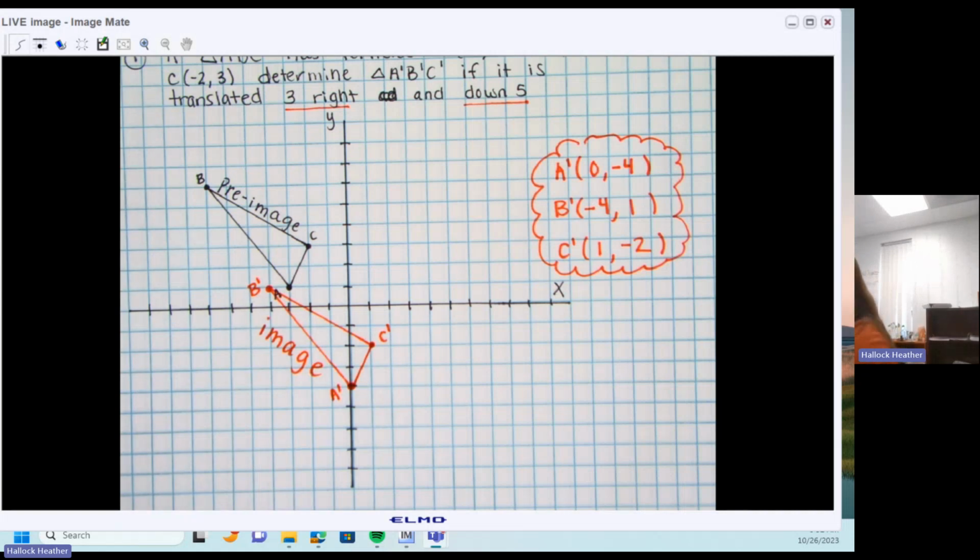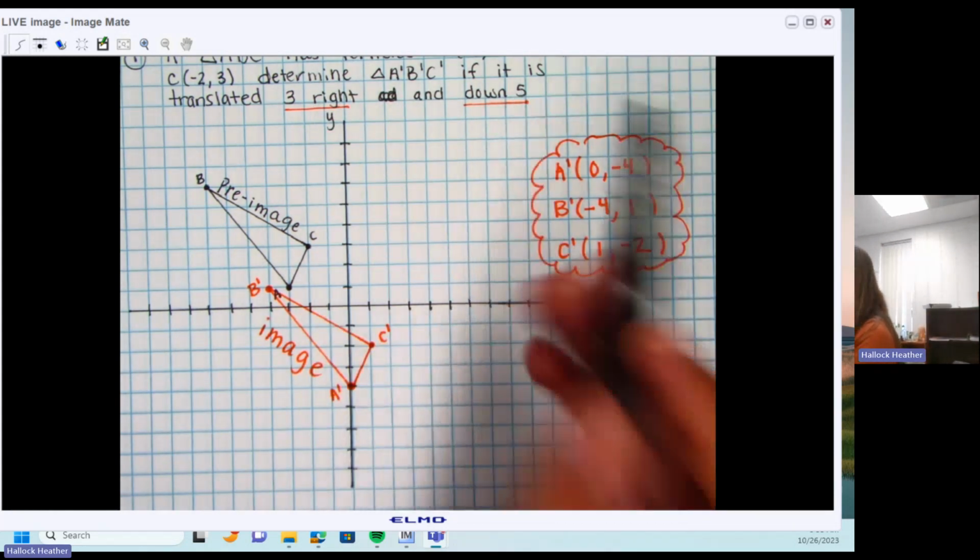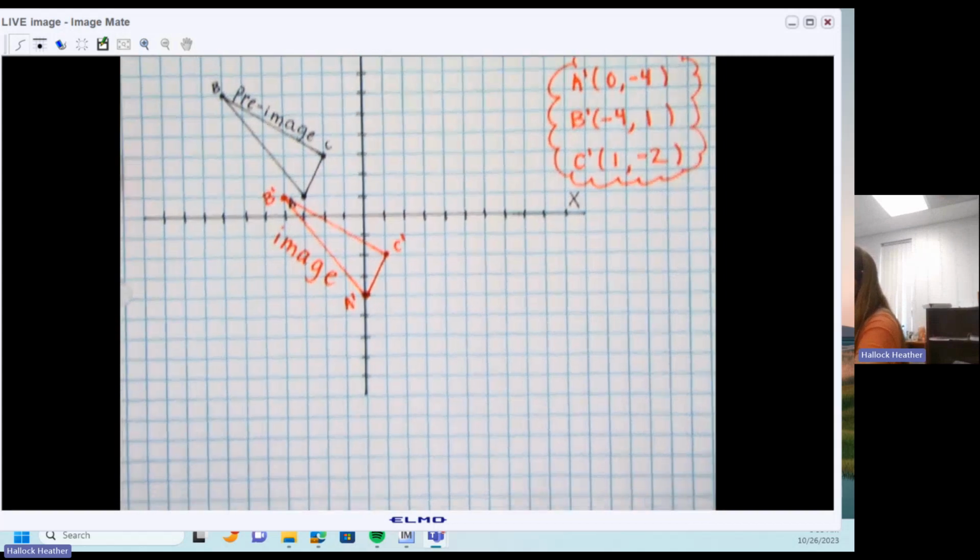So that's it. Number 2, we're going to do this without a graph. If we didn't have a graph, we're going to figure out where the coordinate points are going to end up based on just using the words that are in the picture. So for number 2,